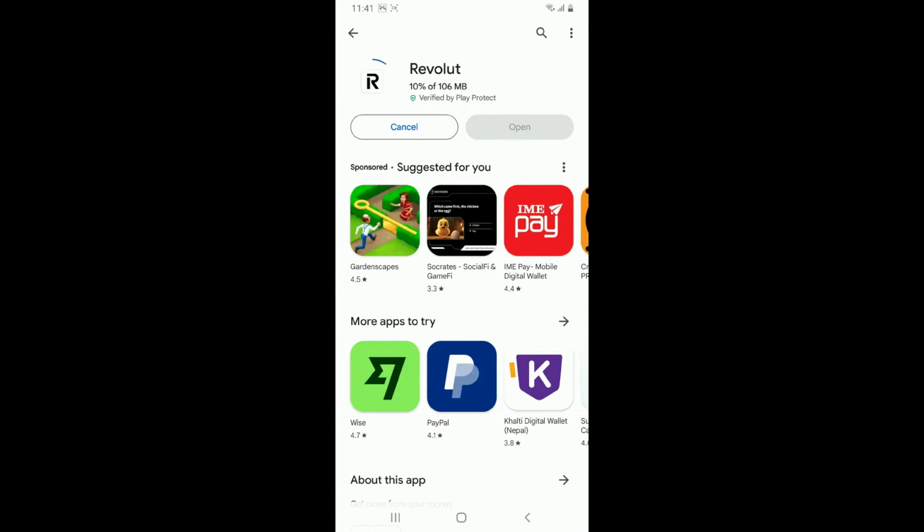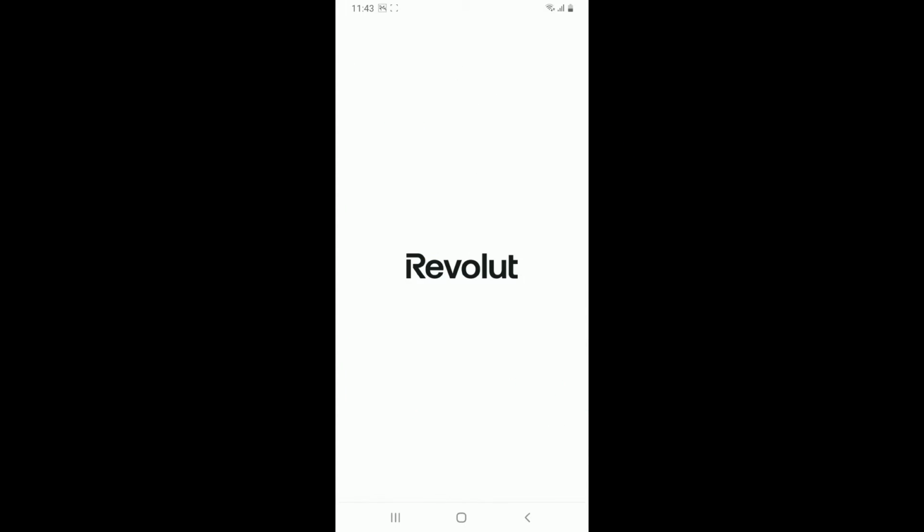Wait for the application to download and install, which will take several minutes, and then tap on the open button to open the app. And there you have successfully downloaded the Revolut application on your Android phone in a few